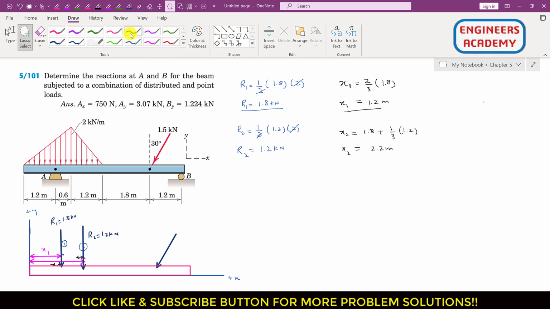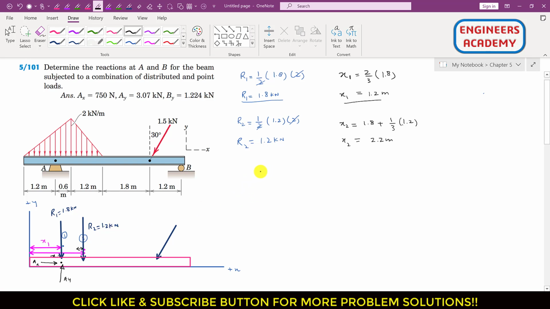So now if we look into this beam, here at this point A we will have an X reaction like this, and we will have a Y reaction which will be acting vertically upward in the positive Y direction. So now if we apply the summation of moment about point A equals to 0,